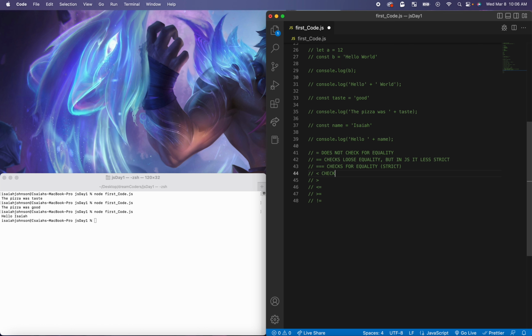All right, the less than checks whether a value is less than. The greater than checks if it's greater than, less than or equal to, greater than or equal to, and not equals. Okay, so as you can tell, aside from the double equal sign and the triple equal sign,